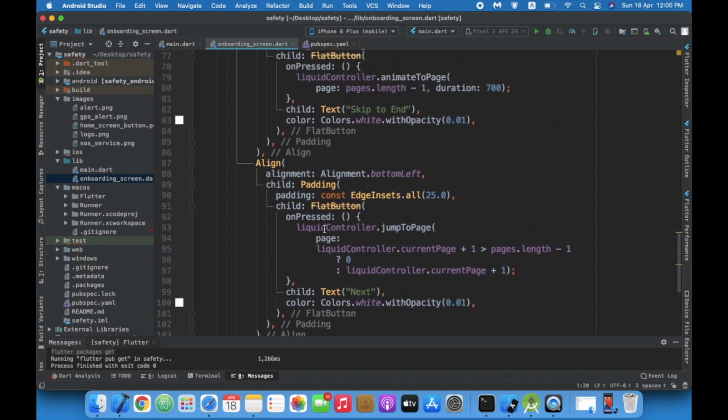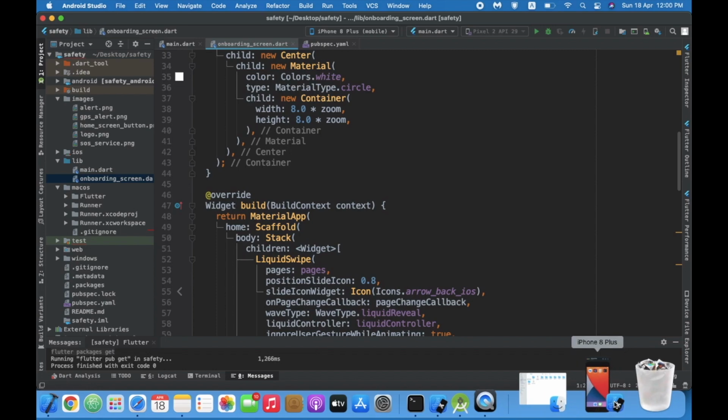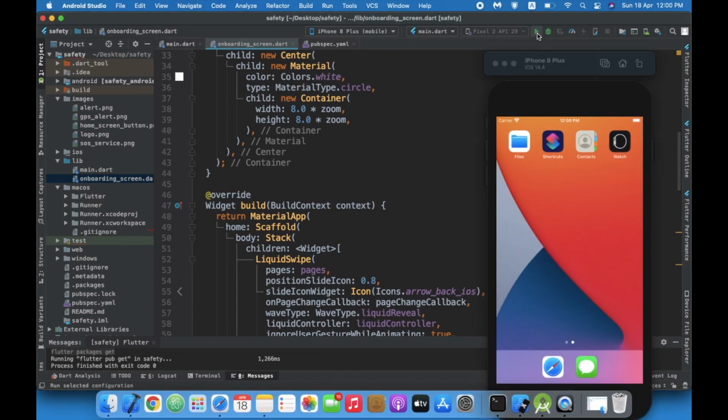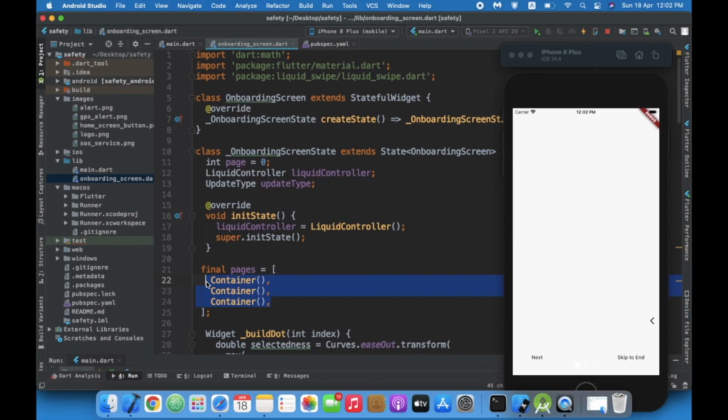So let us create our pages. Let us first run the application. I'll hit play so that you can see where we are right now. We need to go into our pages file, because we don't want these pages to be blank. This is the application, and it is completely blank, so I'm going to change a bit.